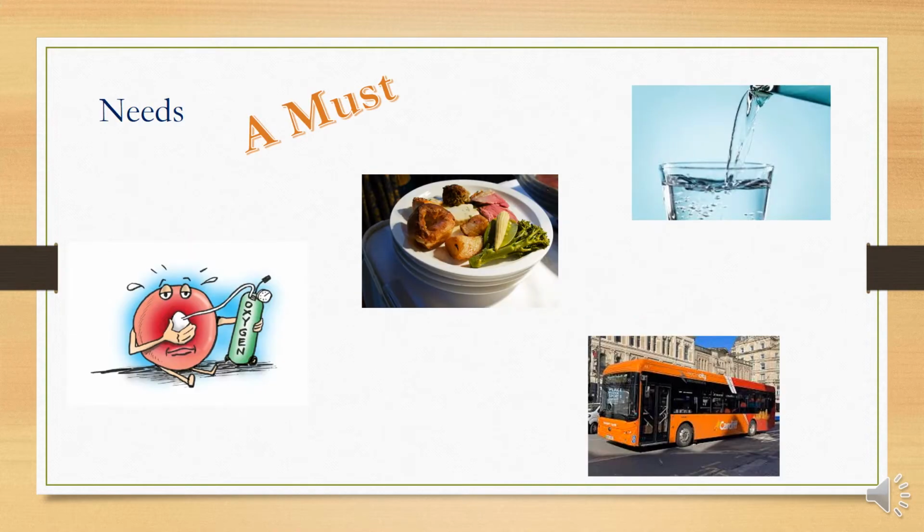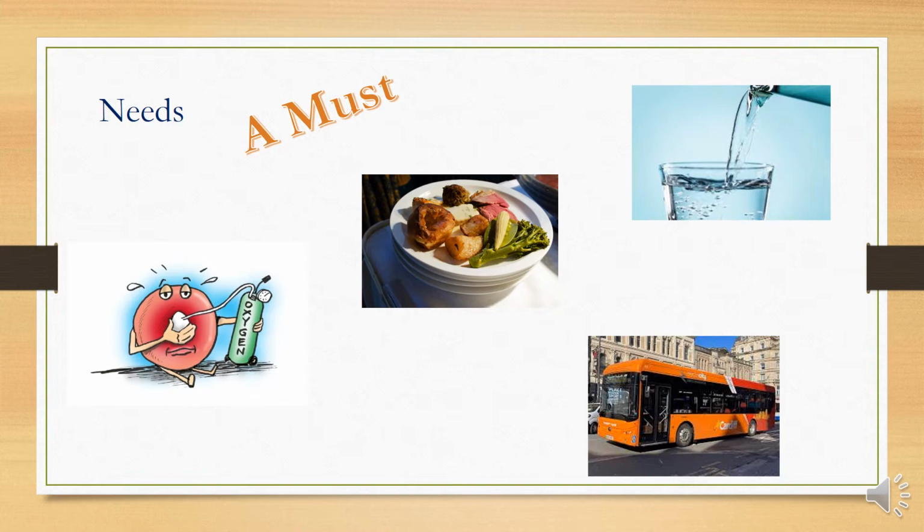Let's start. The first thing is need. What are the needs? In simple words, I would say it's a must for me to live. It's a simple must for you, and it's a simple must for all of us to live. For example, I can't live without oxygen, I can't live without food, I can't live without water, and I have to have something to move from one place to another. Needs are the basic things,